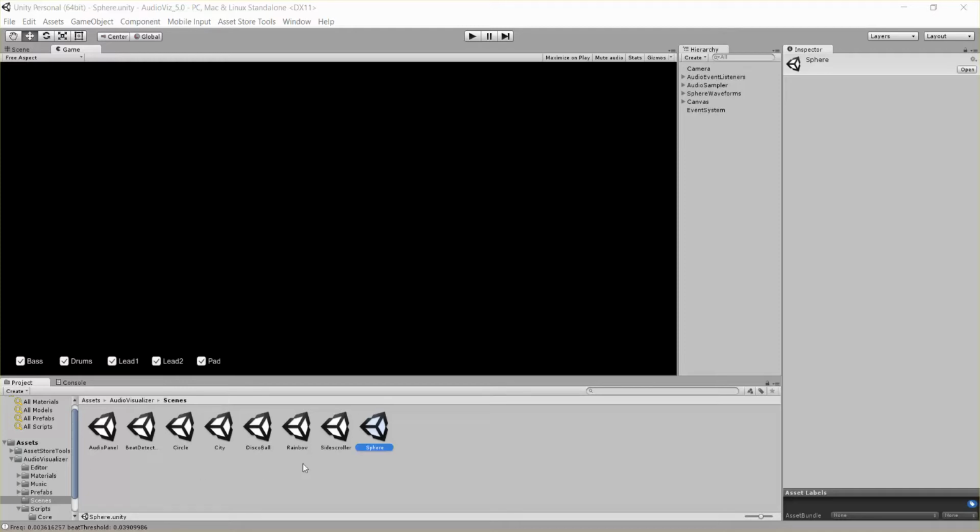Today we're going to be talking about advanced beat detection. In the last tutorial we talked about some simple beat detection. If you want to follow along, you can go to audio visualizer, scenes, and we're actually going to be starting in the sphere scene, and we'll be going to the city scene later. If you go ahead and hit play,